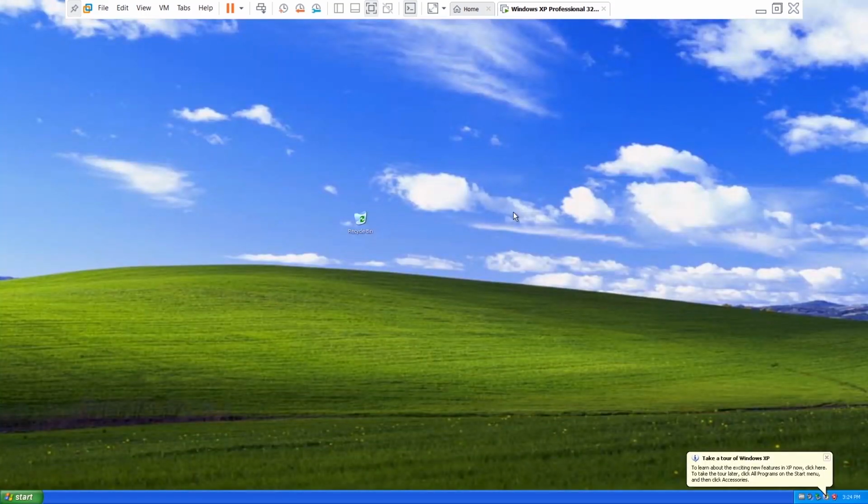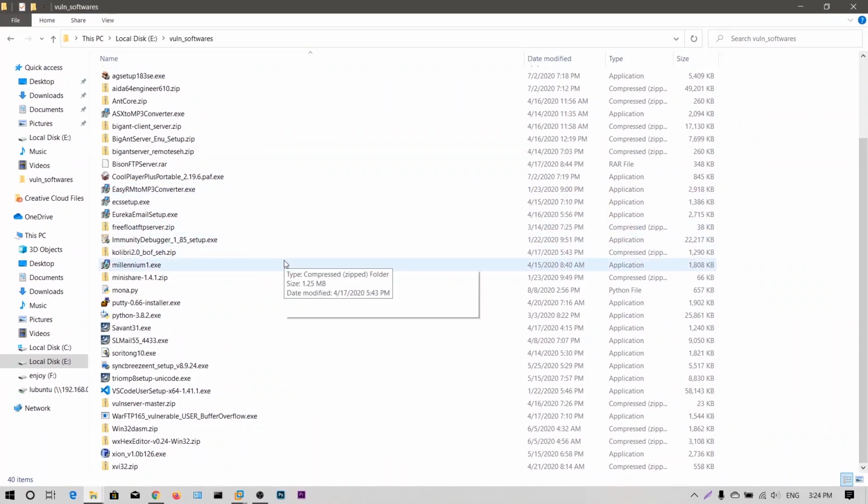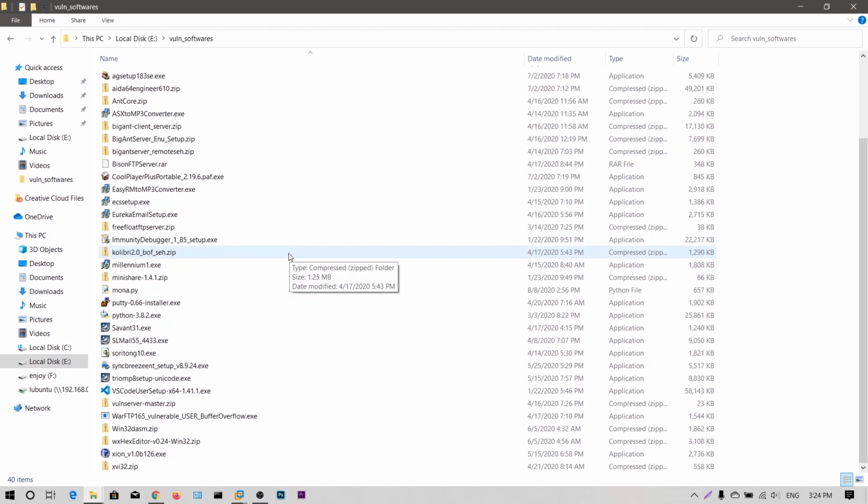Alright guys, now my Windows XP has been installed in the virtual machine. You can see here. Now we are going to install a bunch of software for our practice. I have already collected some software in a folder and I will put that folder link in the description. You can download it from Google Drive.